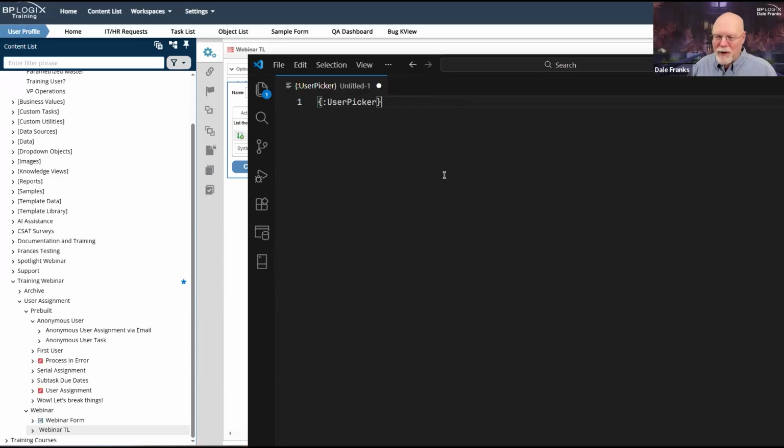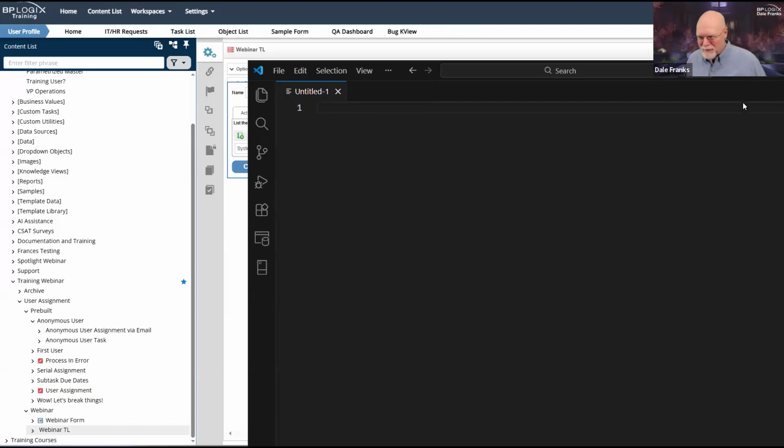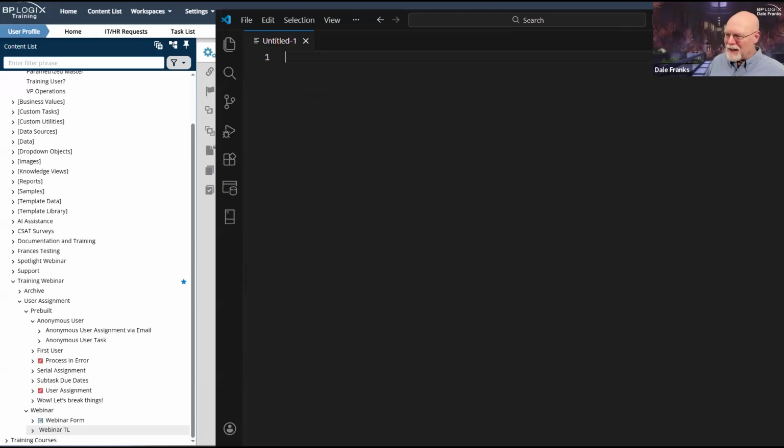And so on your form, if you use the system variable and it's going to show you their name, that's going to be great. But if you're going to use it for task assignment, you are going to need to be sure that you set format equals UID, because we changed it because people kept asking us to change it. And, you know, this is one of those things. There are several things like this in Process Director where someone is going to hate the decision that we've made to do things in a certain way.